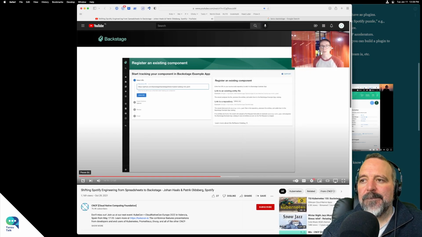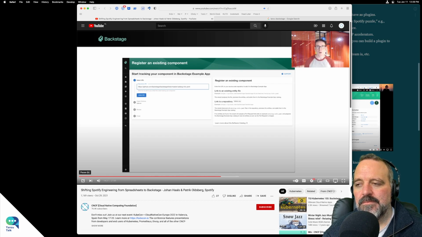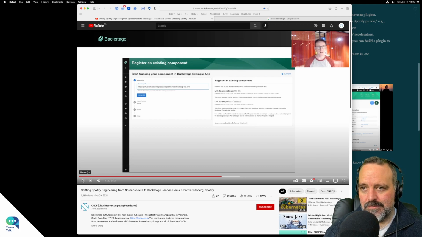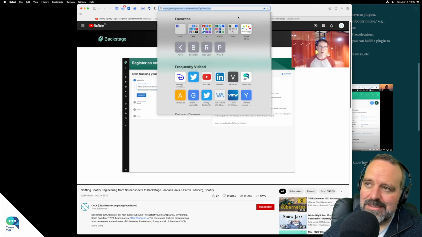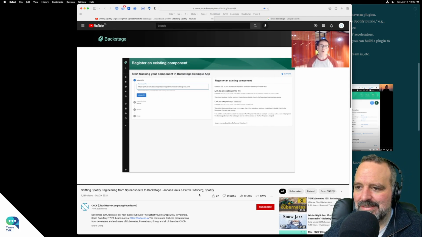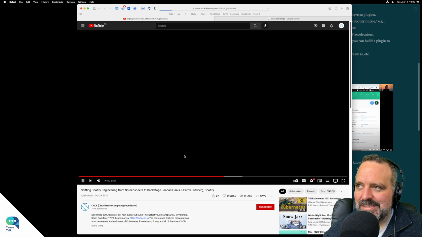And one way is to use manual registration of a YAML file in the UI. The locations get stored in the catalog and are then used to ingest the metadata. This method of registration allows us to give direct feedback to the user if something goes wrong, such as bad YAML or a duplicate name.